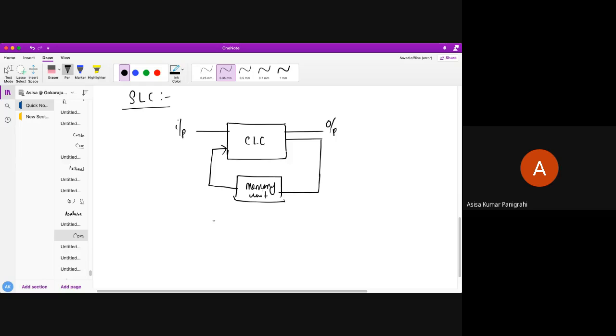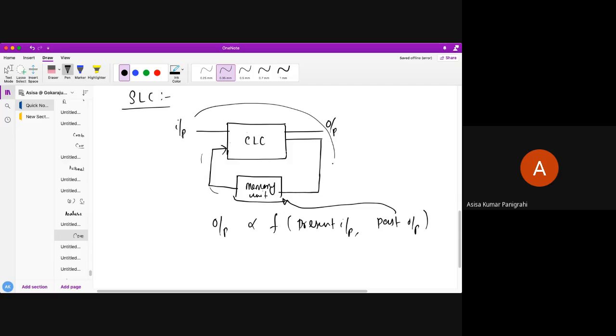So what do you understand? In a sequential logic circuit, the output depends upon the present input as well as the past output. That is the reason those past outputs are stored in the memory unit. Whenever required, it is input to the combinational logic circuit, then it becomes completely a sequential logic circuit.